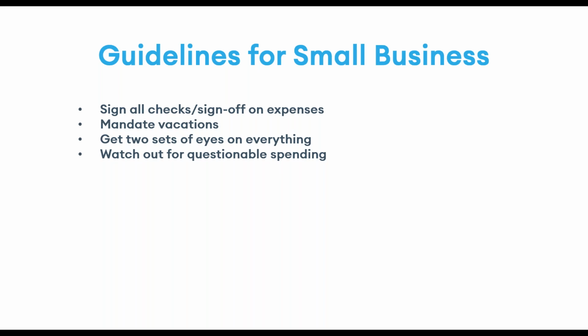The last thing is watch out for questionable spending. Without violating privacy, you should keep an eye on the lifestyles of your employees. If you have a bookkeeper on staff and your bookkeeper is buying a new Mercedes or taking a frequent vacation to Las Vegas, you may start to question where that money is coming from. And as the owner and manager, you know your employees' salaries, so you'll be able to make a judgment on what level of lifestyle that employee may be able to afford. So just use your common sense and judgment there, and keep an eye out for things that don't quite fit the sniff test.